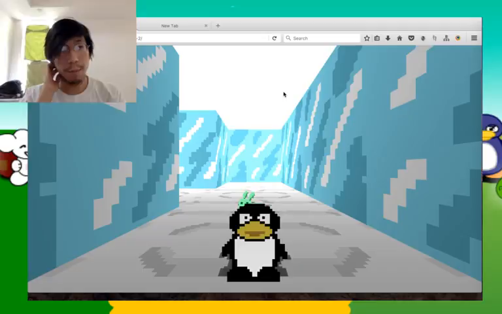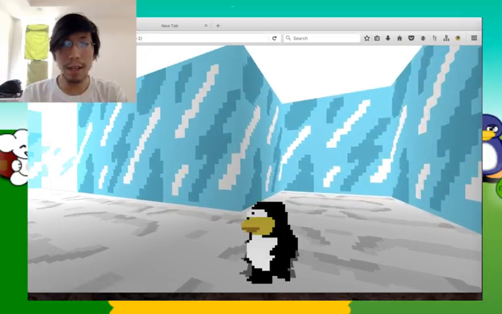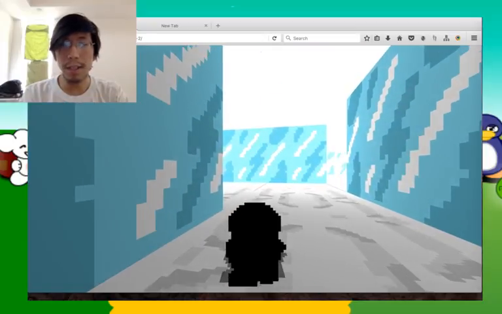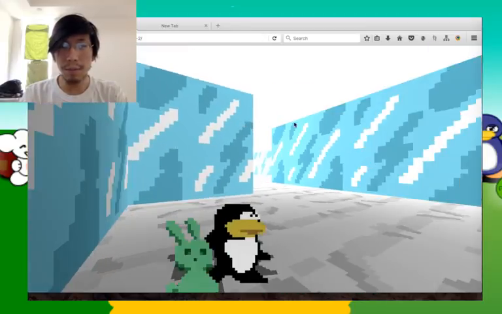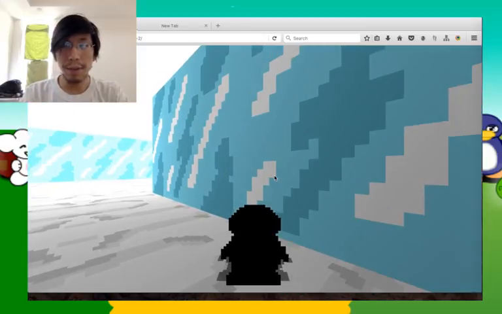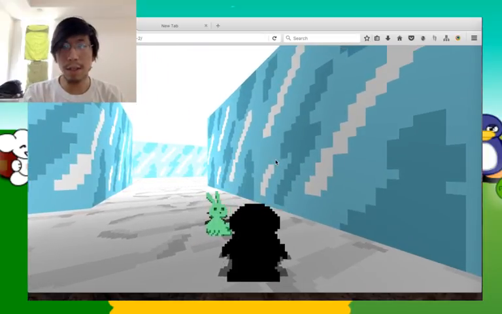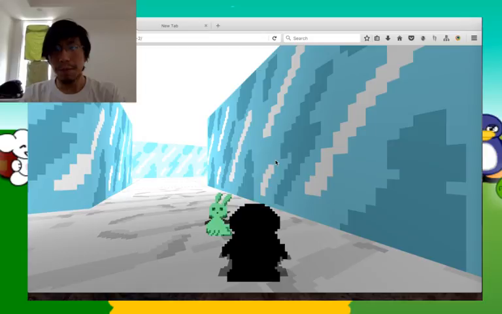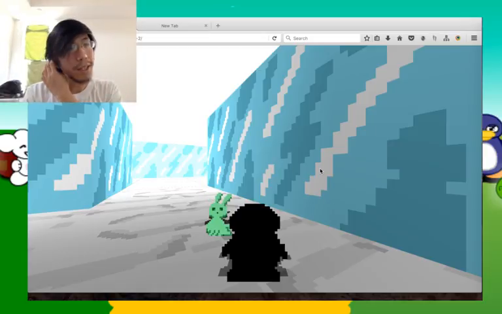So the nice thing about this being a JavaScript game is that, oh yeah, that looks much better. See, now I really feel like I'm in North Pole. This is exactly how the North Pole looks like, right? So as you can see, we have Peng. You see a creature right here, followed by your bunny. The bunny is one of his friends, and the original idea is that